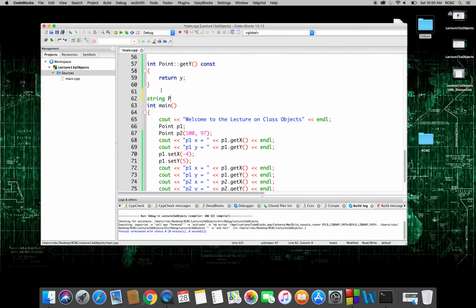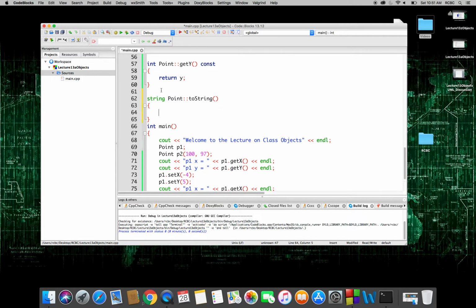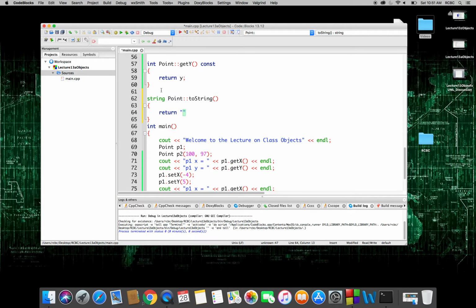String point scope toString, and I'm going to write it all in one line. Let's return a string that says point, some point object. I'll do a /n,